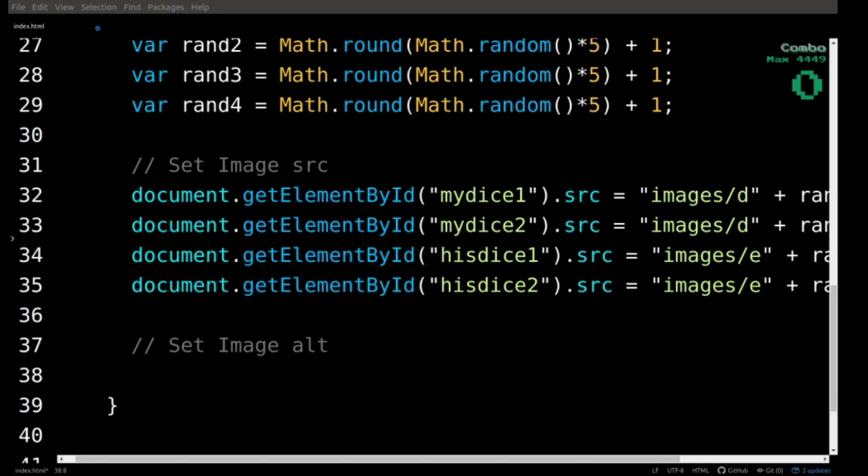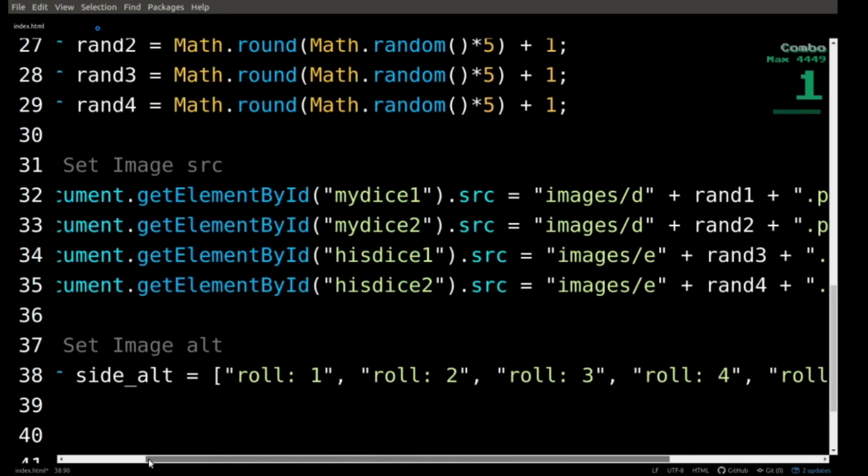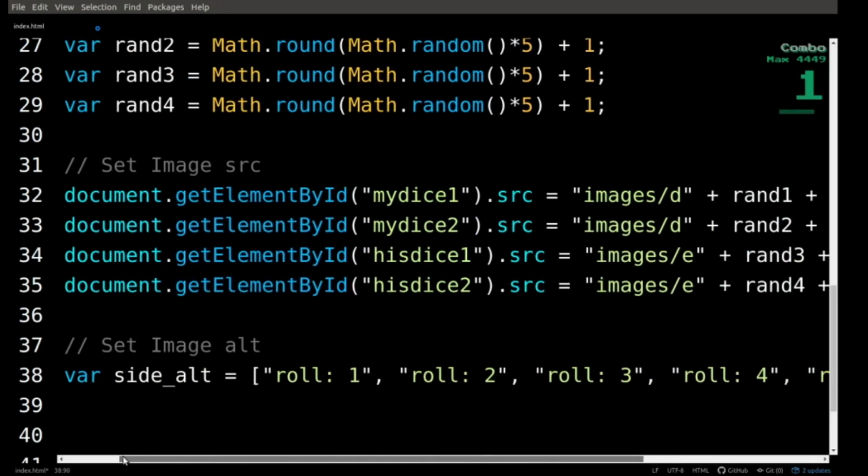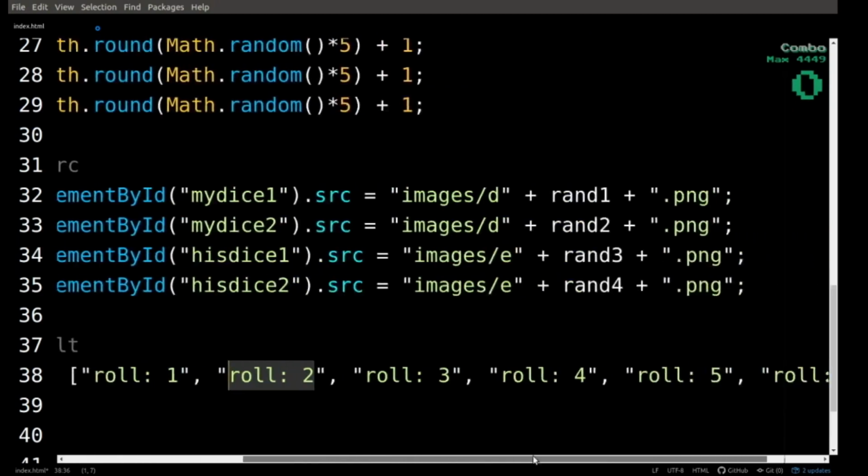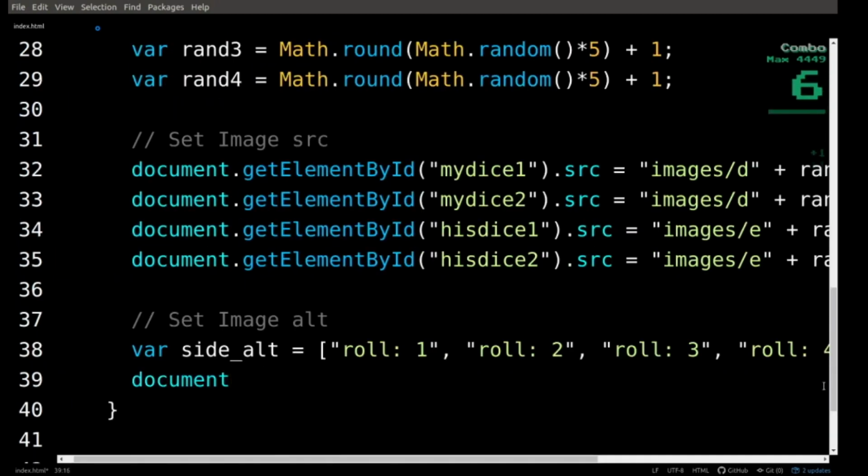I use string concatenation for the src property. For the alt property, I'm going to use an array. You can use whichever method that you like. So here's an array. Remember, arrays are indexed starting at 0. So this is going to be indexed at 0, indexed at 1, and so on. Then again, I'm going to do